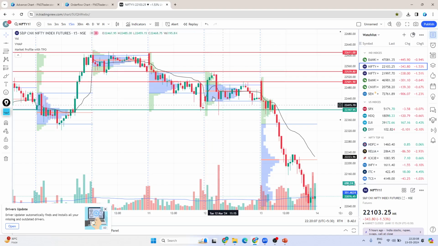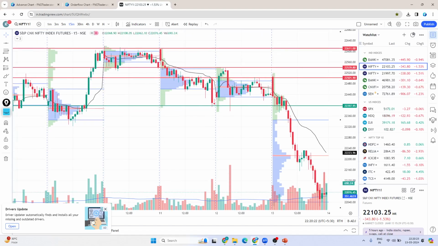I have put my market profile indicator as well. Market profile with TPO is the indicator. You should understand it better so you can configure it based on your need. I have marked the resistance lines and support lines based on this, and then I have put my indicators here, and I also have